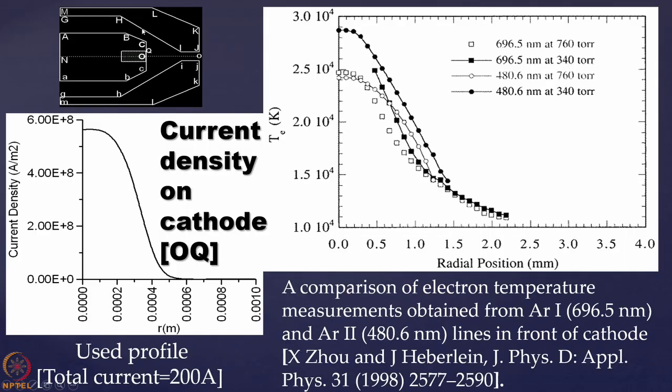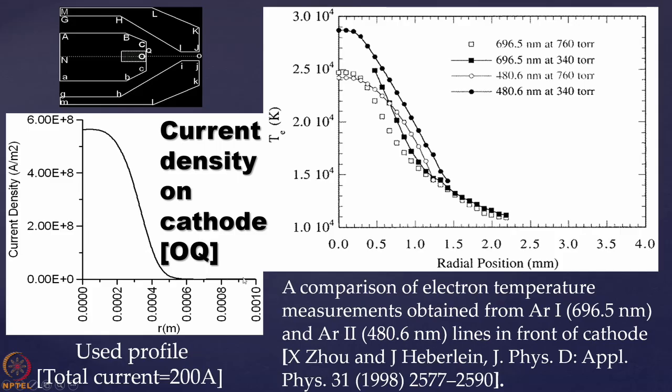Now here I am just showing that current density distribution, how you define in this zone, this O and this is Q. In this OQ zone, actually this is Q and this is the center part is O. So in this OQ zone, how you define the temperature? So this is the experimental results of temperature, and what we have shown that the current density is like this, and then what we are doing, we are integrating that and trying to get the total current, and that should match with the current that you are passing. So total current here is 200 ampere.